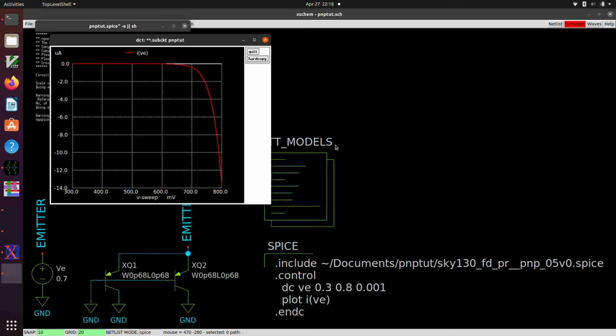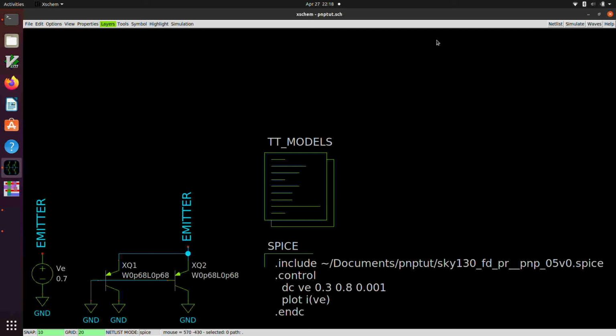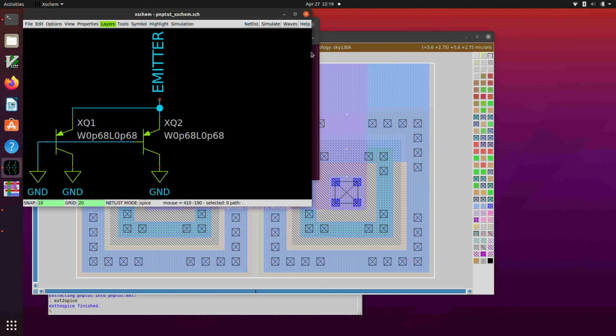And there's our IV characteristic, typical exponential that turns on around 0.7 volts. So that looks good. And I've also got a separate schematic here, which is for LVS purposes. So I basically eliminated the test harness and eliminated the .include file. And so when we write out the net list here,